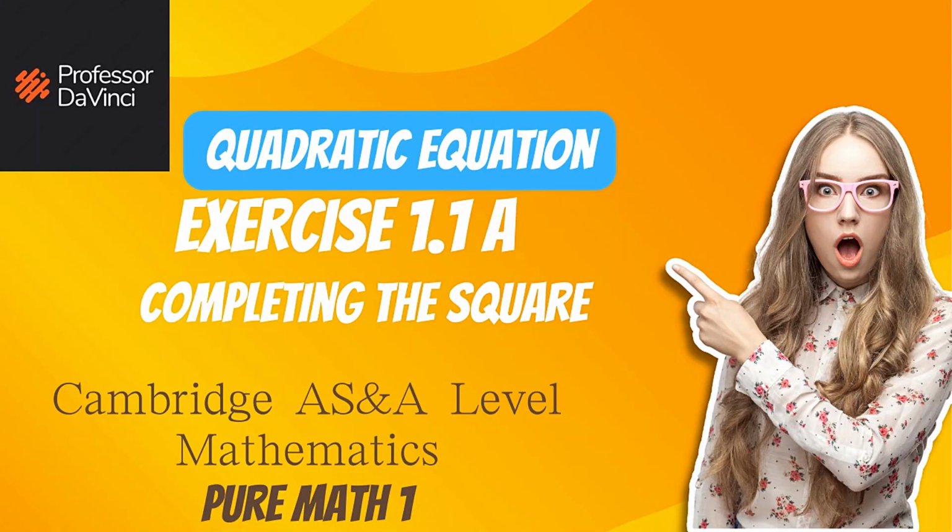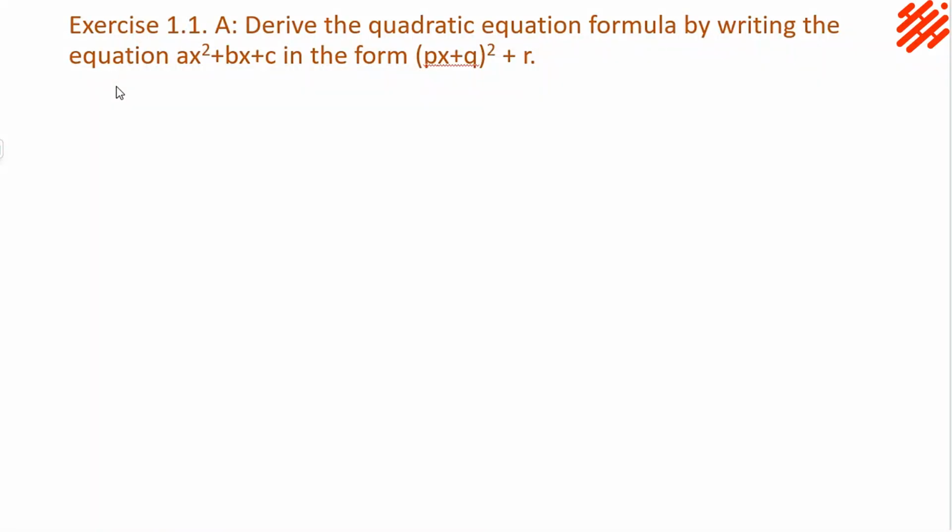Today I'm going to explain exercise 1.1a, the 10th exercise. Derive the quadratic equation formula by writing the equation ax square plus bx plus c equals 0 in the form (px plus q) whole square plus r, where p, q, r belong to real numbers and a is not equal to 0. From the question we have ax square plus